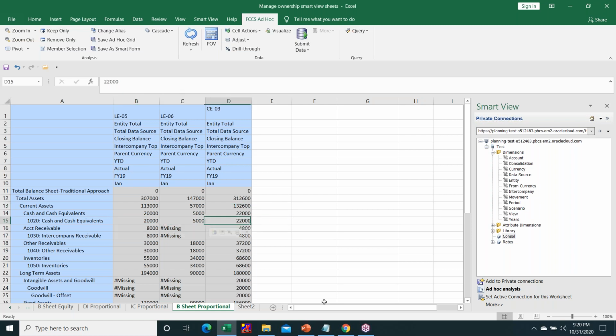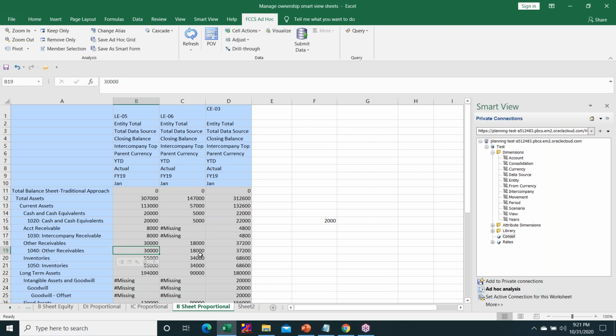The cash and cash equivalent number is changed. This time it is not of the parent company only. Here we are getting the proportional amount clubbed with the cash and cash equivalent of the parent company. If I calculate 40% of 5,000, this amount is 2,000. So you see that on the cash and cash equivalent, we have increased exactly according to the proportion of acquisition we have taken into the subsidiary.